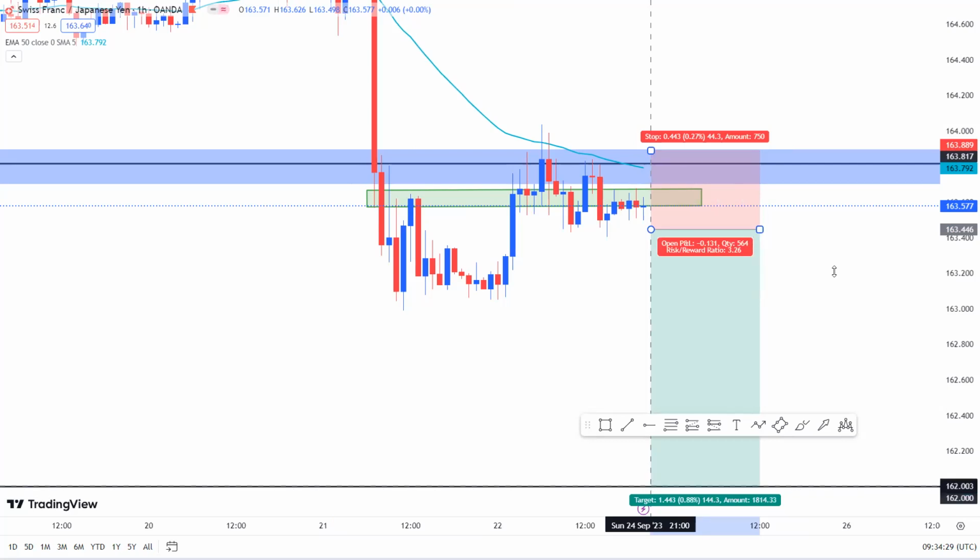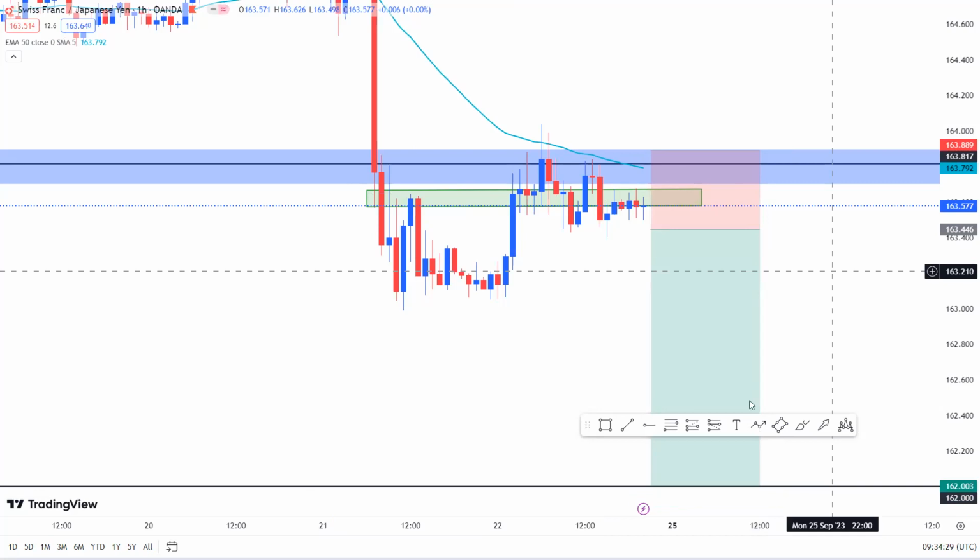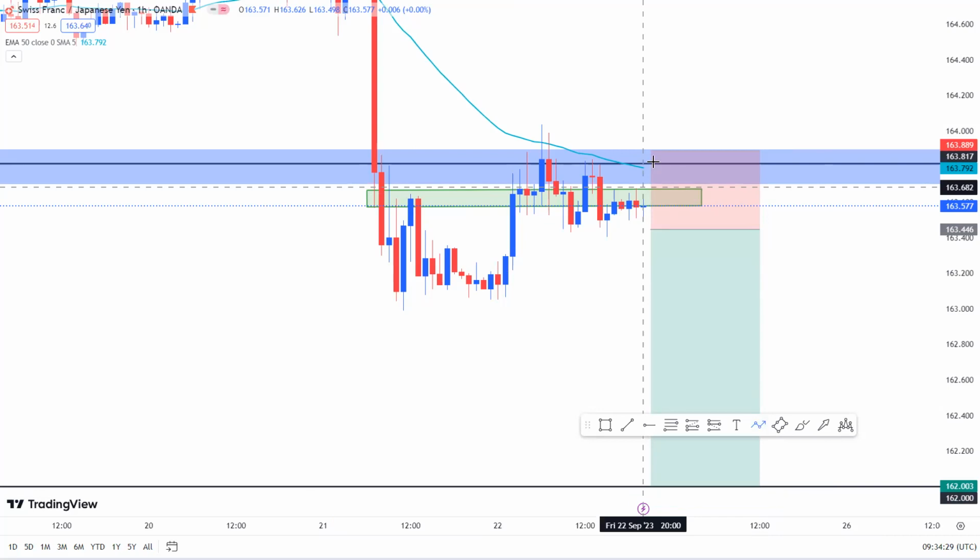But then again, like I said, preferably I would love to see at the open of market for price to come back again to retest this level, giving us that weekly candlestick retest of the level like I established at the beginning when I started with looking at the weekly time frame. So if we tap back into the level again, that would give us the weekly time frame retest of the level,